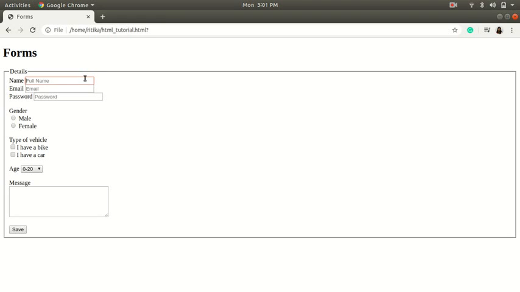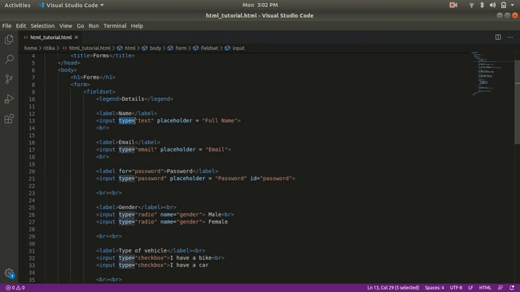Let's type a full name. So this character is coming because of a reason. Let me show you that. In the input box, we are using type after input. This is an attribute. So we are using the type attribute where we can give various options. So here when I am giving text, we are writing our name. When I am giving email, we are writing email. And when we are writing password, it gives that special character, because we are informing the browser that we are using it as a password.